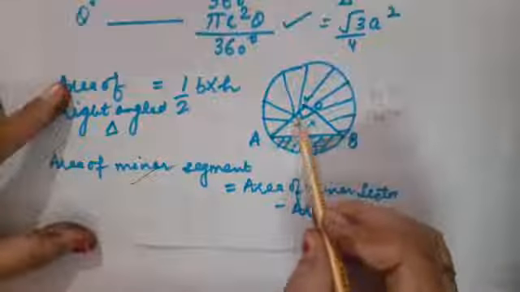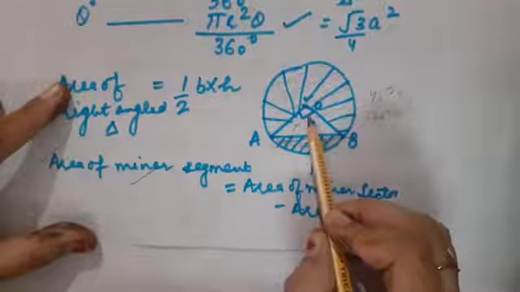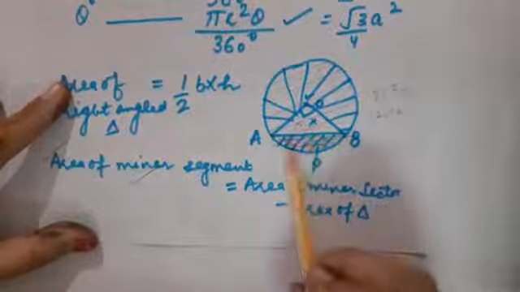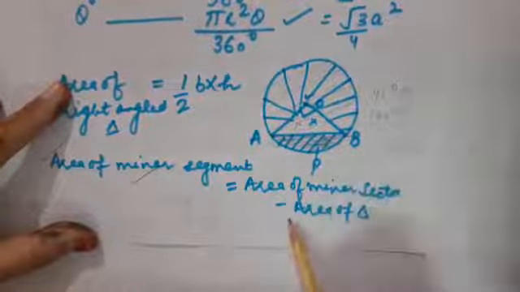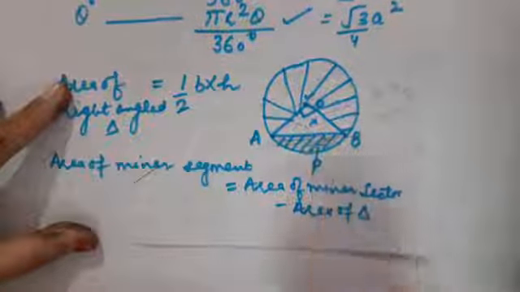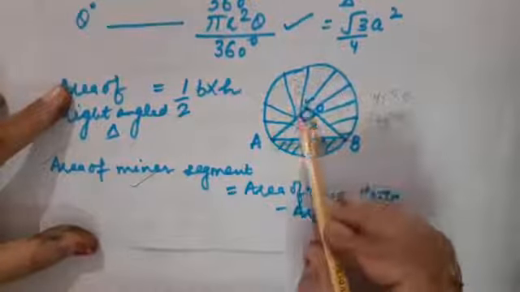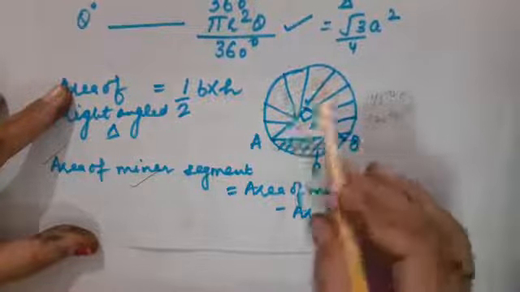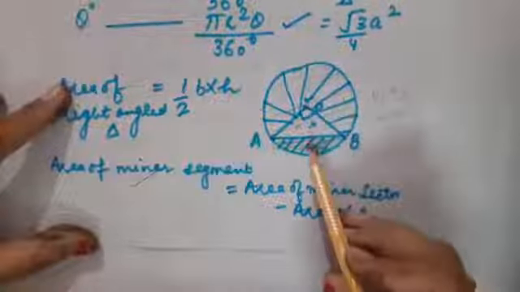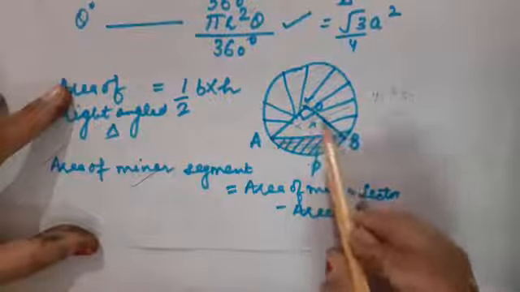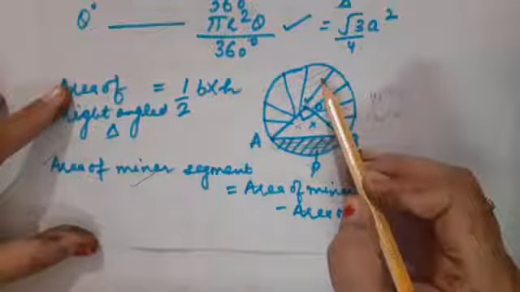As you know that the area of this triangle depend on the center angle. Okay. So that formula also I am going to make you recall. Right now you just memorize that area of minor segment is equal to area of minor sector minus area of triangle. Clear? Okay. Suppose if you have to calculate the area of this major sector, that is OABO, this part. So for that you will have to calculate area of the circle, and then you have to subtract area of minor sector, that is OAPBO. Then you can calculate the area of the major sector.